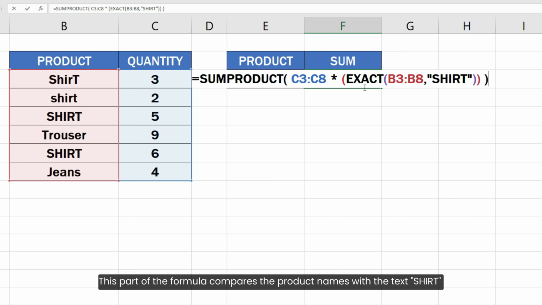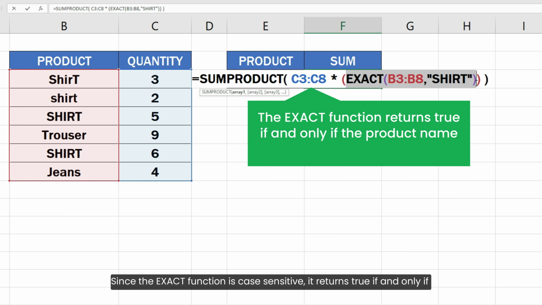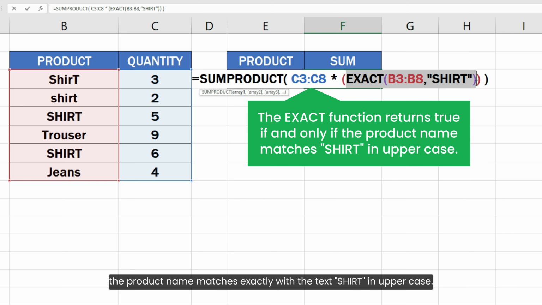This part of the formula compares the product names with the text SHIRT in uppercase using the EXACT function. Since the EXACT function is case sensitive, it returns true if and only if the product name matches exactly with the text SHIRT in uppercase.